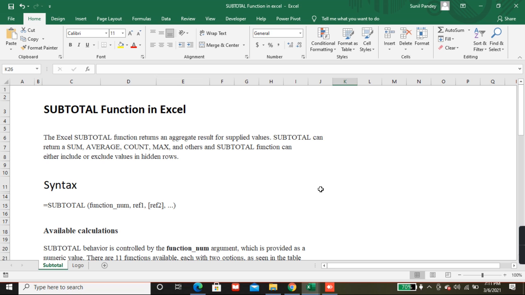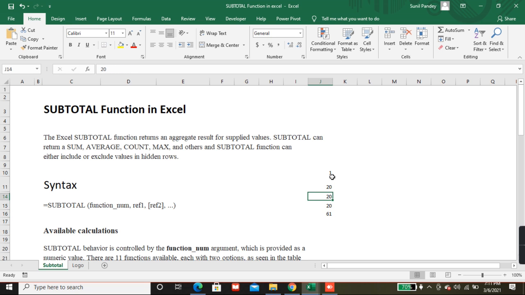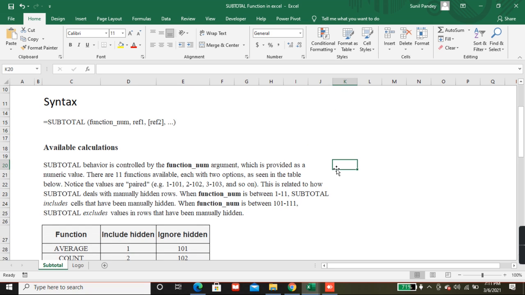If you use a normal sum, suppose we have data like this, but if you hide some rows, and you do not want to summarize those values, in that scenario you have to use a subtotal. So this is the benefit of subtotal.